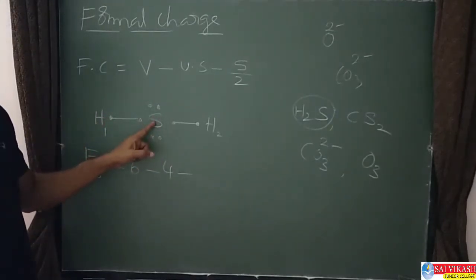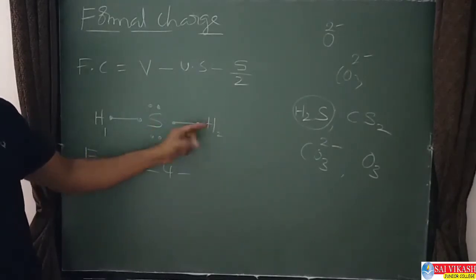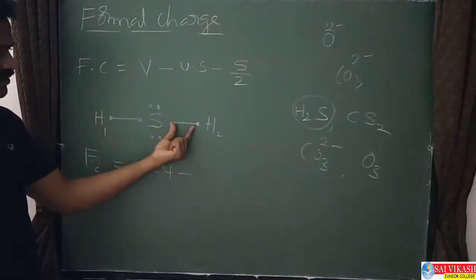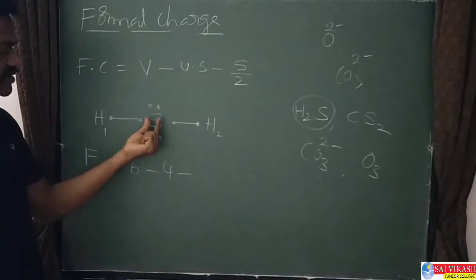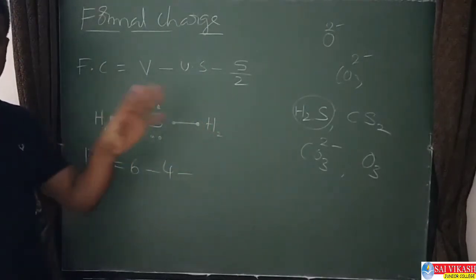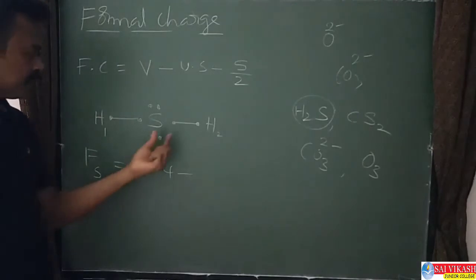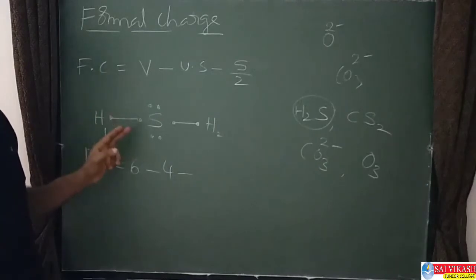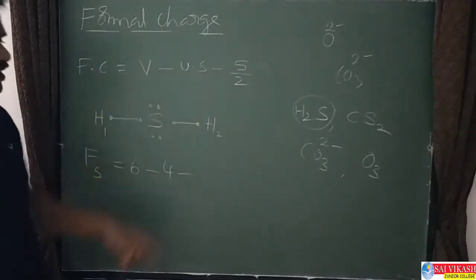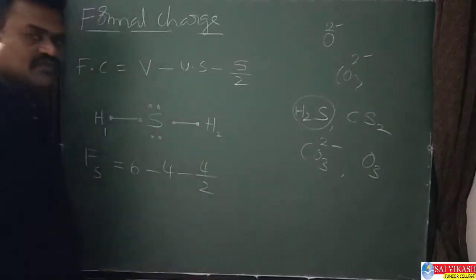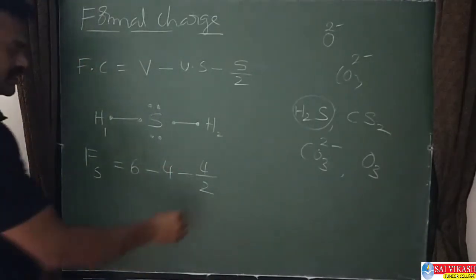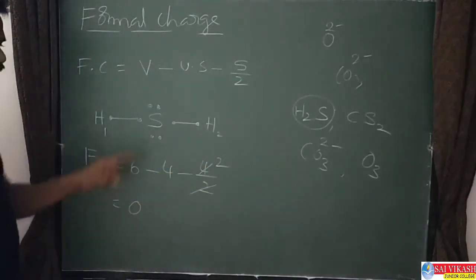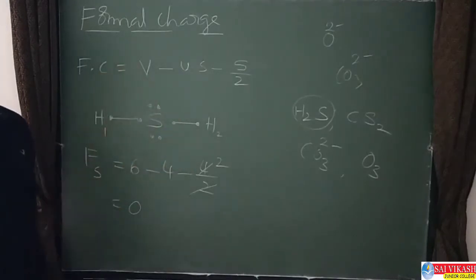This is sulfur electron. This is hydrogen electron. But these two electrons are sharing mutually between 2 atoms. That's why these 2 electrons we need to consider for the sulfur as well as hydrogen also. Then only mutually sharing of electrons are going on. Therefore, these two are the shared electrons. These are also shared electrons. So 2 plus 2, 4 shared electrons divided by 2. 4 shared electrons by 2. So how much it is? 2. 6 minus 6, 0. So sulfur formal charge is 0.